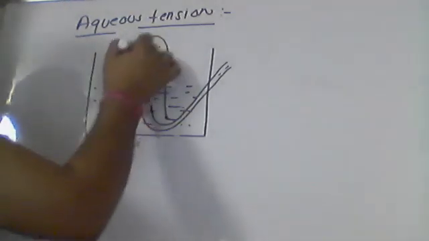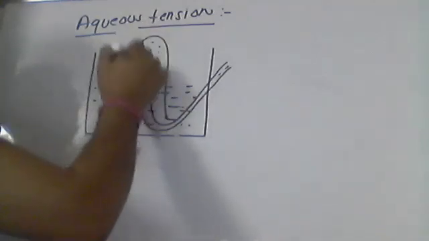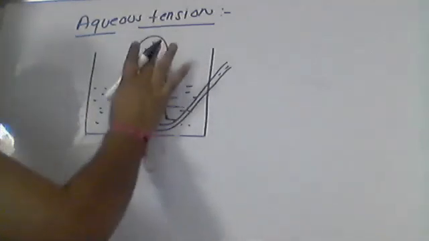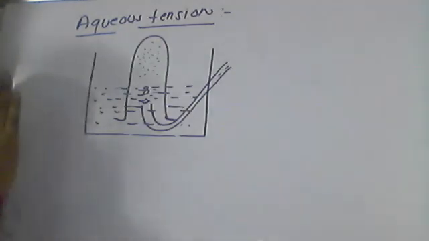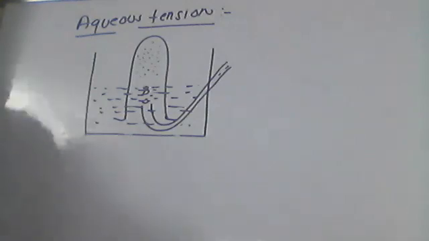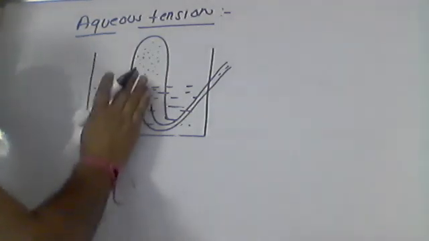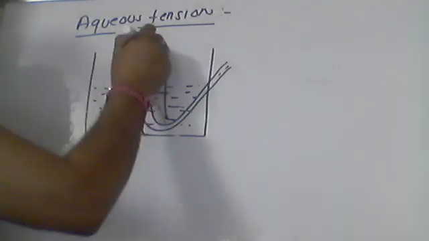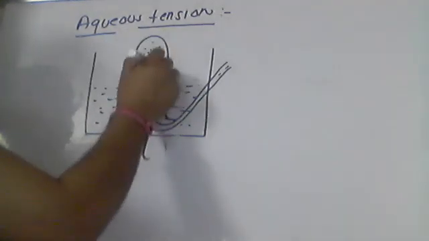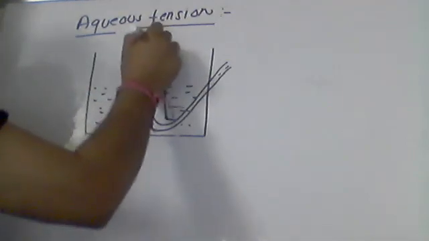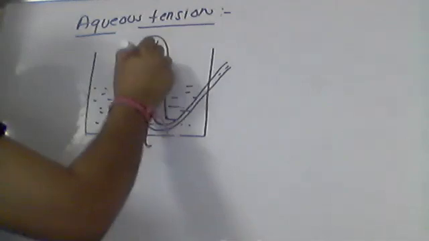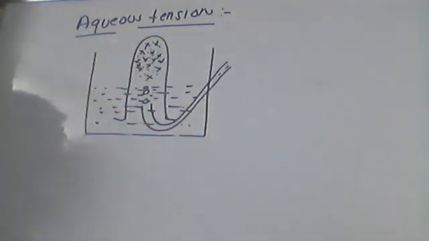So what happens when this gas is collected here? With this gas collected here, this water is present. This water is volatile. Volatile means it can be easily converted to the vapor state. Water is volatile. So what will happen with this gas? There will be water vapors also. With the gas, the water vapors must also be present.